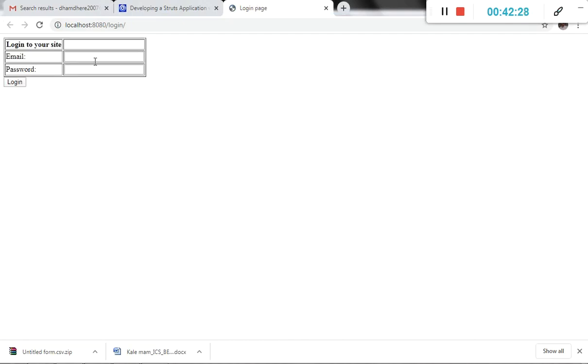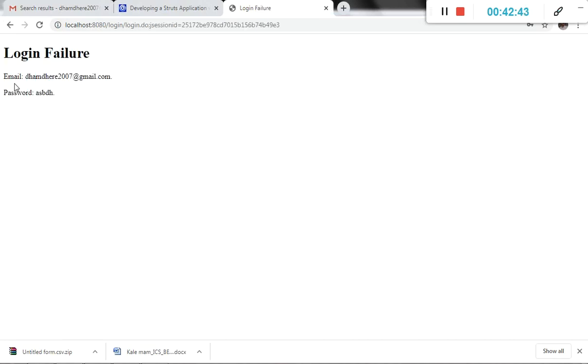And if you put the wrong email ID, it gives an error. Like we select a simple password, ABCD whatever, and click on login. Then it gives the output as login failed.